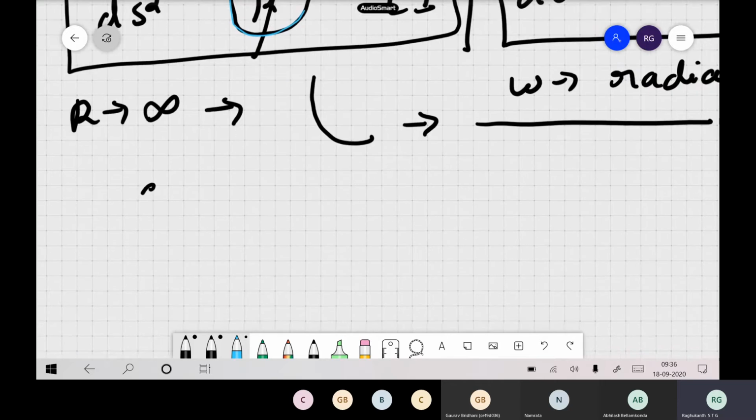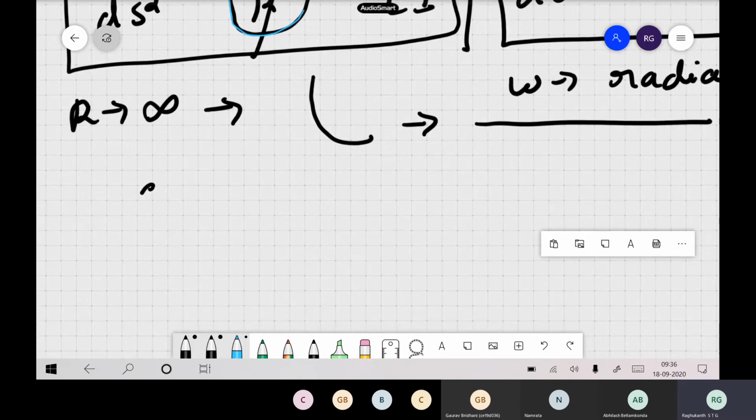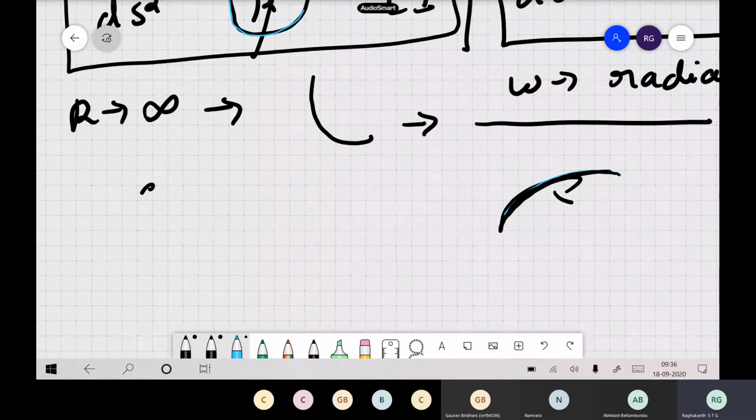When I am calling an arch deformation, what deformation are we talking about here? The arch will have thickness and width and other things. But when we do it like this, the assumption is that it is with respect to only the centroidal axis. Whenever we are drawing an arch, it is essentially the centroidal axis. This is the meaning behind this derivation.